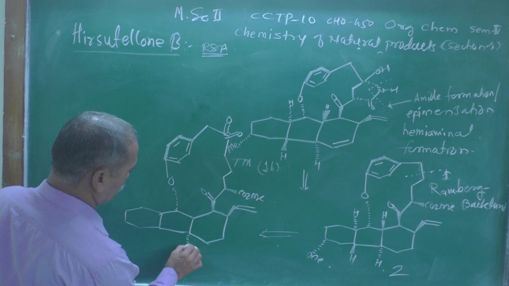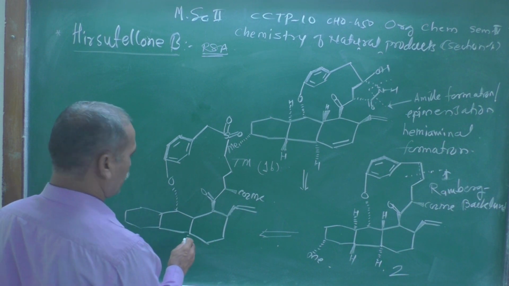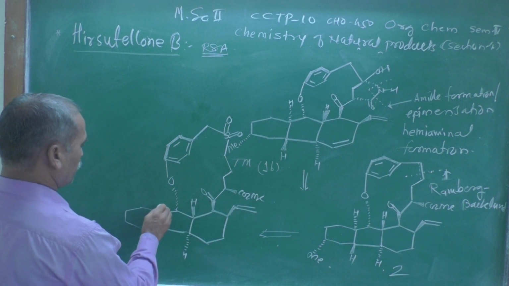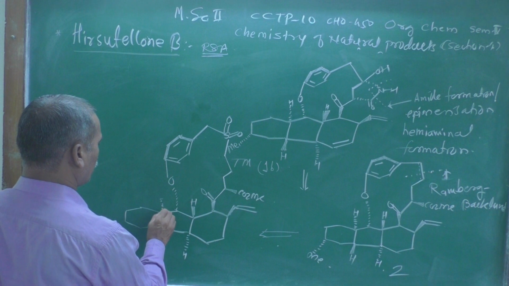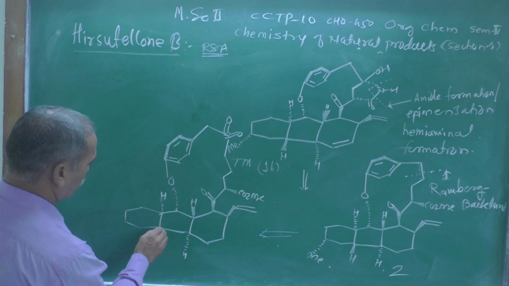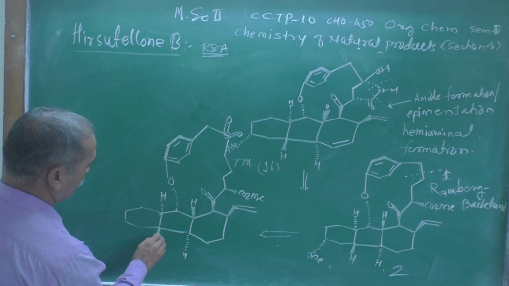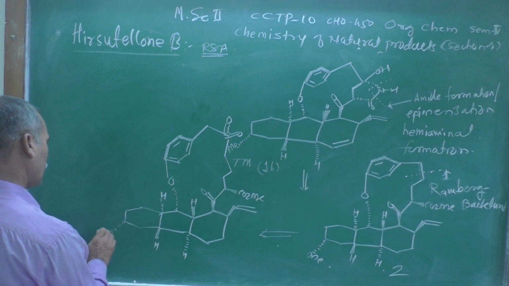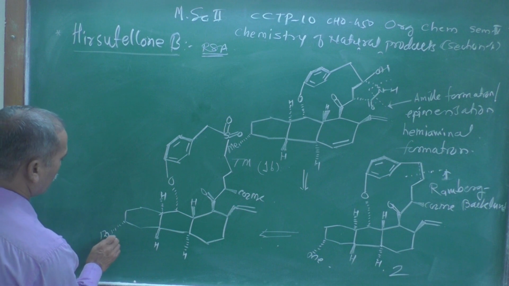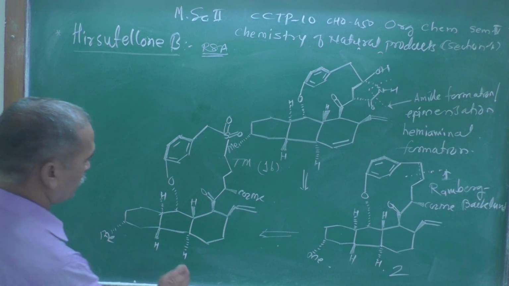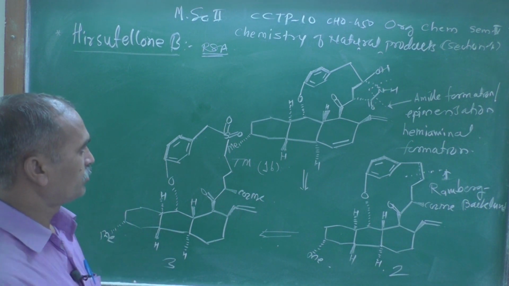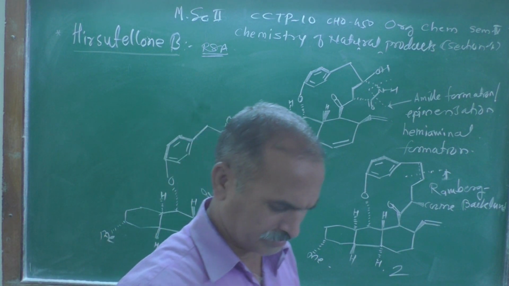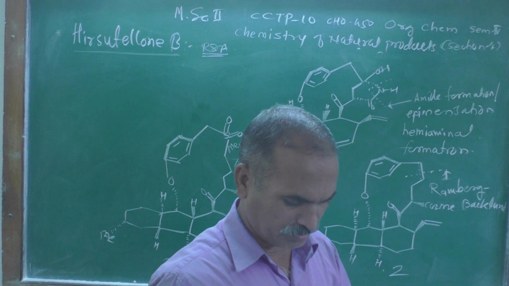Here you can represent a hydrogen atom over here. Here one of the hydrogen atoms, then one of the hydrogen atoms we can show over here, another hydrogen atom which is above the plane, and this methyl group remains as it is. And this structure we can say is the third structure. This is structure number three which we got after this.